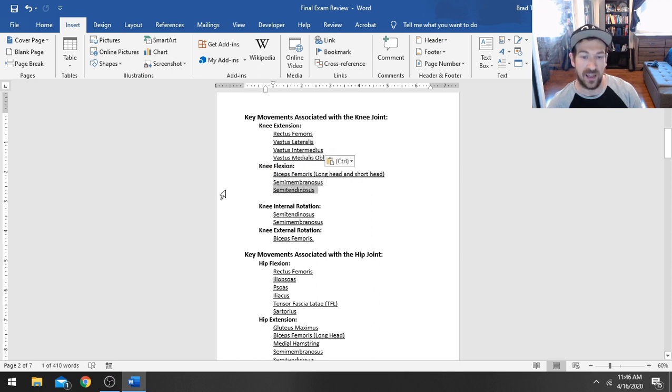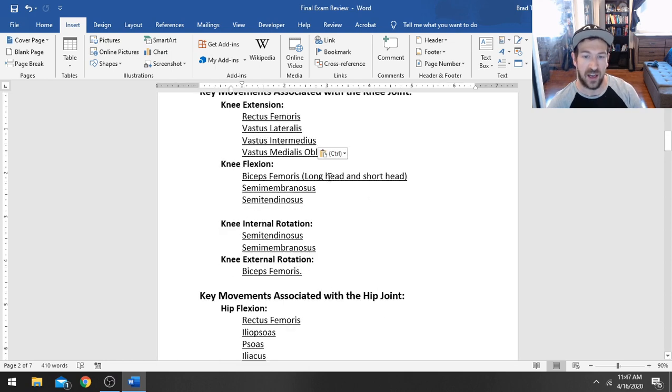Those are your medial hamstring muscles. And then you've got your biceps femoris. And your biceps femoris has 2 separate sets of fibers. It's got its long head fibers and its short head fibers. So the long head biceps femoris is going to assist, perform knee flexion, but it's also going to assist in hip extension. But your biceps femoris short head, since it only attaches at the knee joint, can only do the